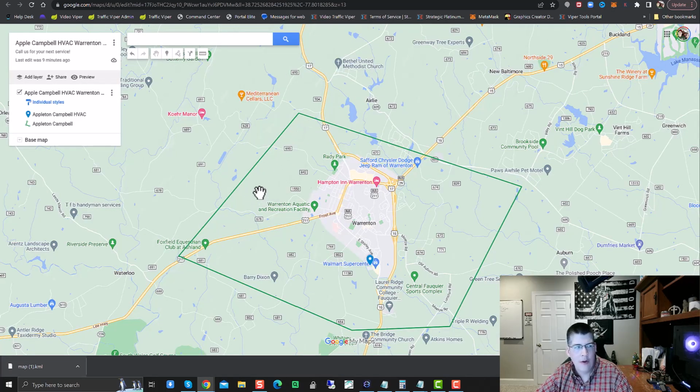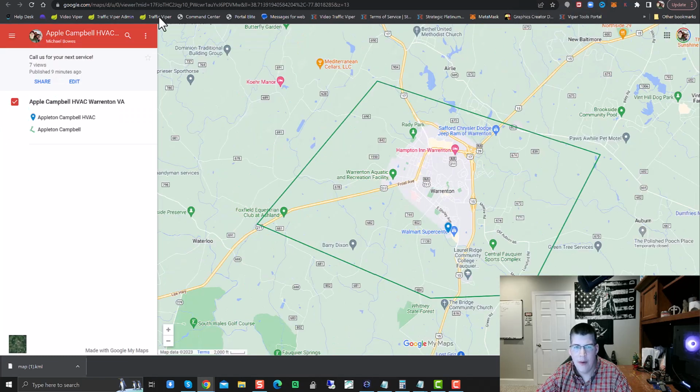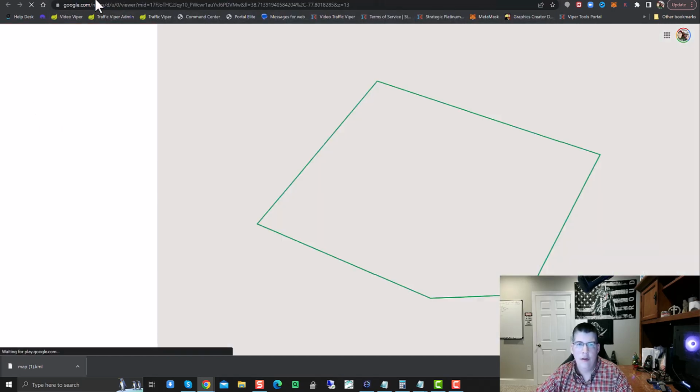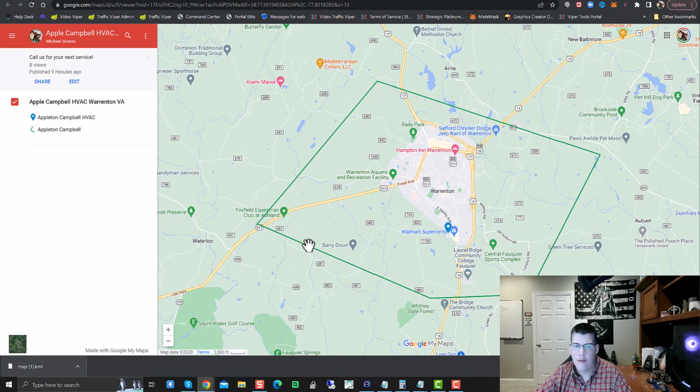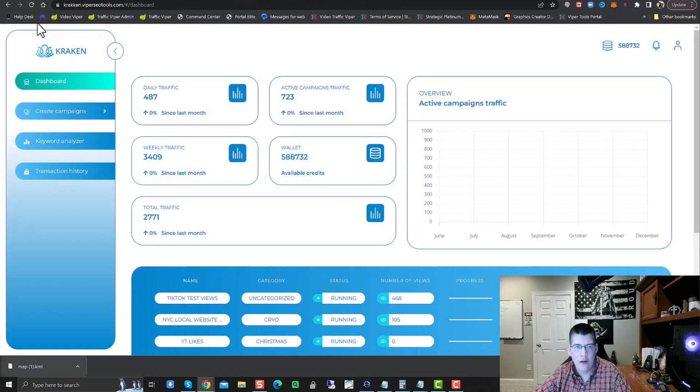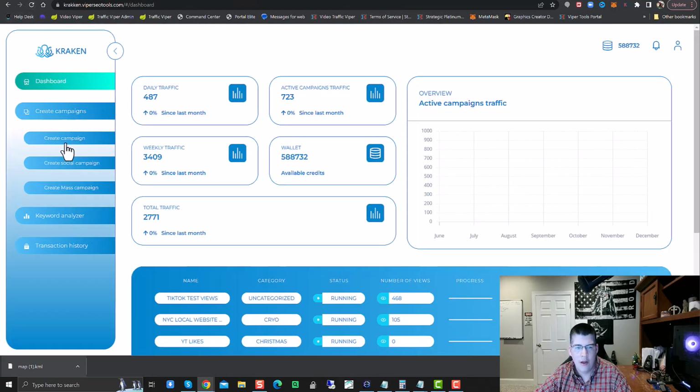Now the next thing that I recommend doing is putting this out on CTR. So what you'd want to do is take this map viewer right here. Okay, I'm just going to double check that link. Always double check everything. So we have that link right here. And I'm just going to go over to the Kraken that I have set up here. I'm going to go to create campaign,